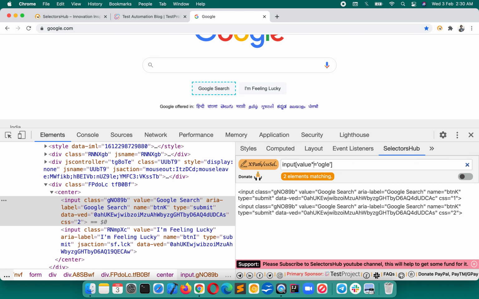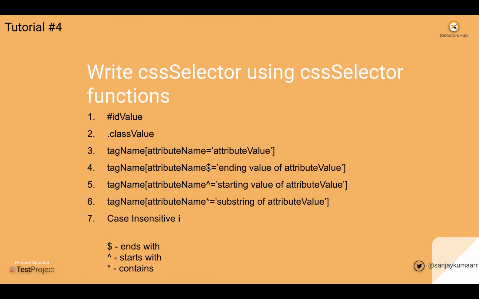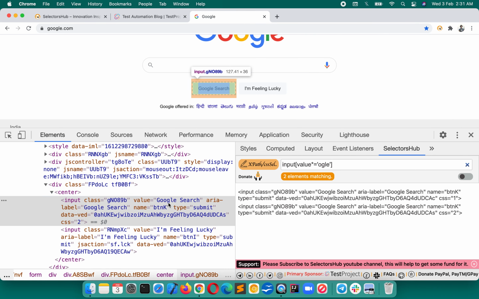Okay, so this way it will show the results. So we have learned three functions now: dollar, which is the ending value of the attribute value, caret, the start value, and star, a substring of the attribute value.